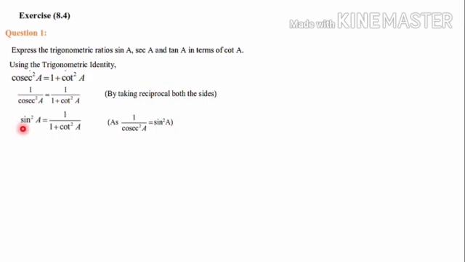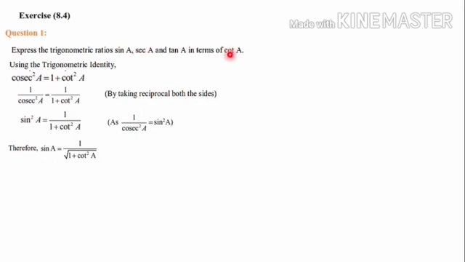So let's substitute it. Sin square A is equal to 1 divided by 1 plus cot square A. Now we are near to the answer because we need sin A. We have reached up to sin square A, so from sin square A we can calculate sin A. So sin A is equal to root of 1 by 1 plus cot square A. That is root 1, which is 1 itself, divided by the denominator, root will come as it is, root of 1 plus cot square A. So the first answer is ready. Sin A in terms of cot A we have written.